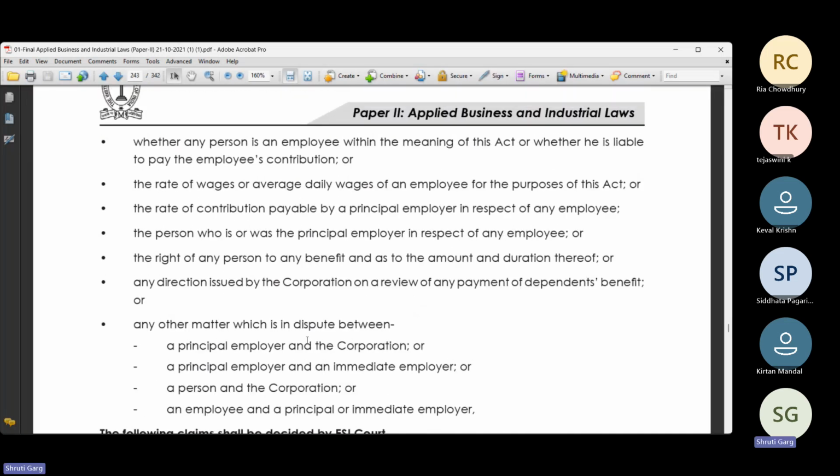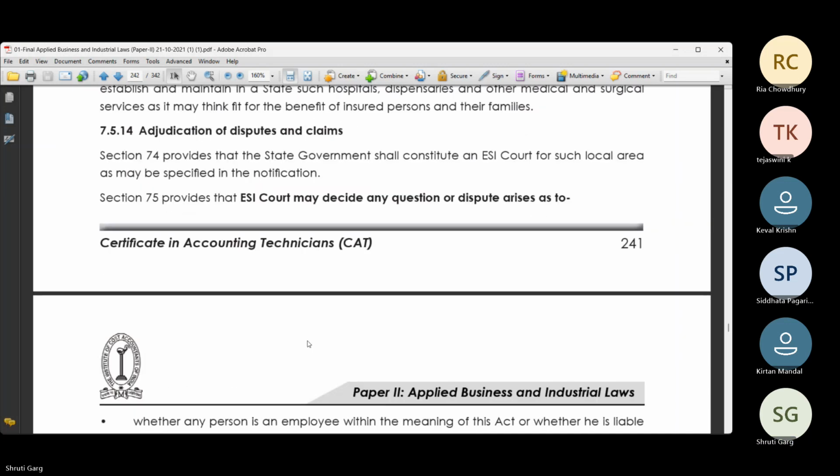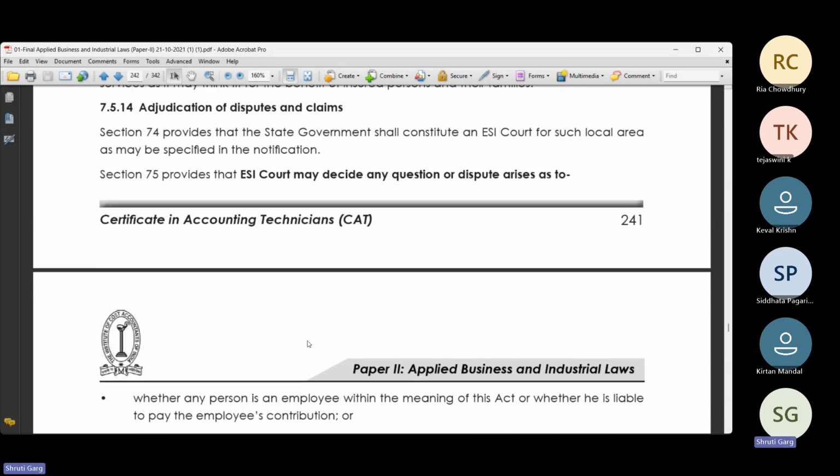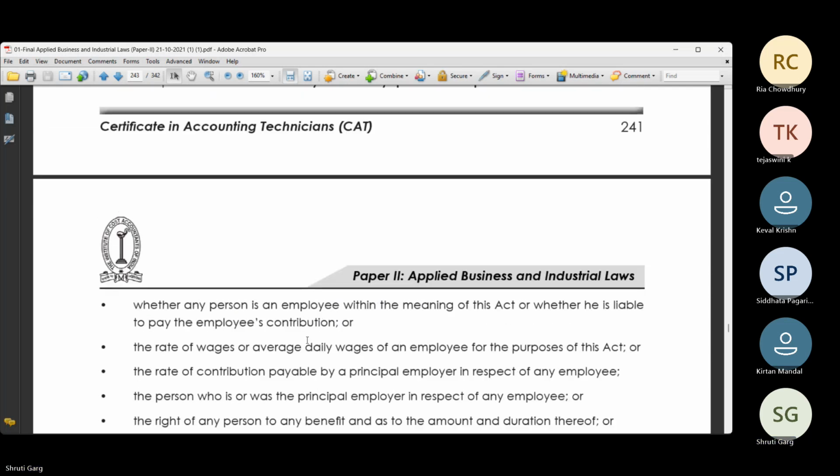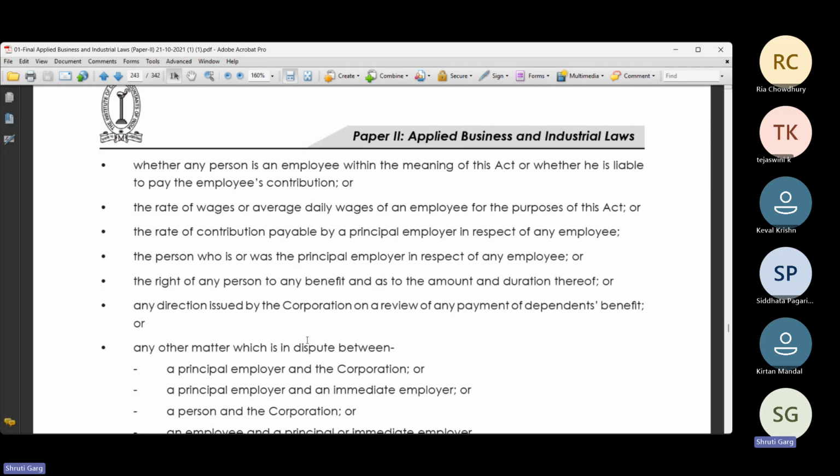Yes, so the ESI court may decide any question or dispute. What will be the role of the ESI court? The role of the ESI court will be to decide whether a person is liable to pay employees' contribution or not, the rate of wages or average daily wages of an employee for the purpose of this Act, the rate of contribution, the person who is or was the principal employer in respect of an employee, the right of any person to any benefit or the amount or duration thereof,